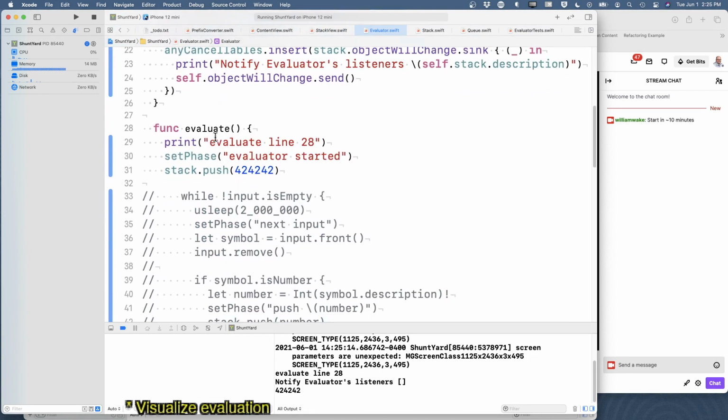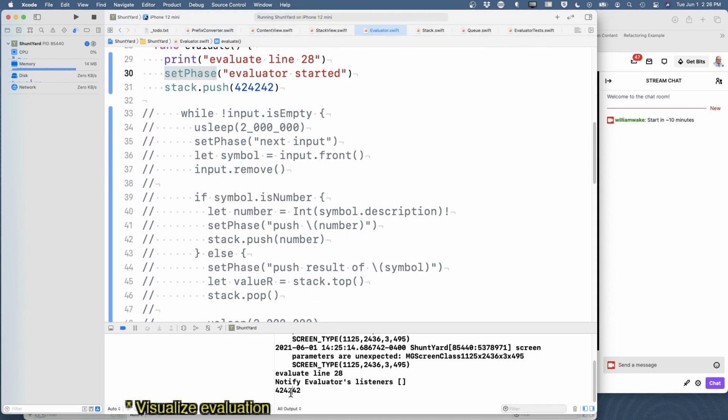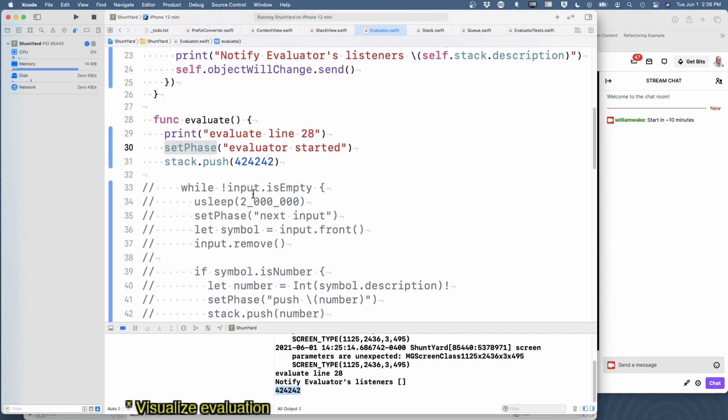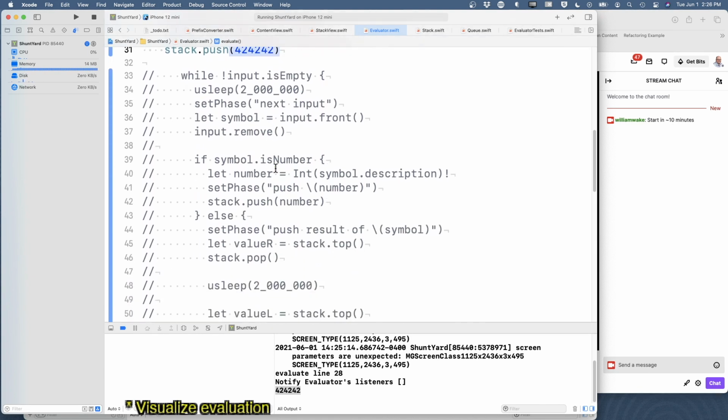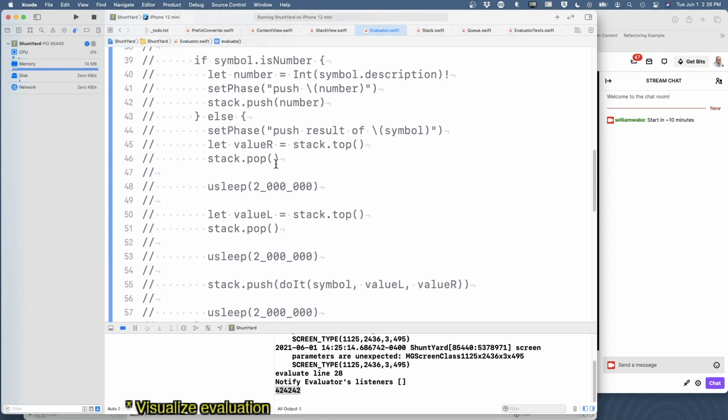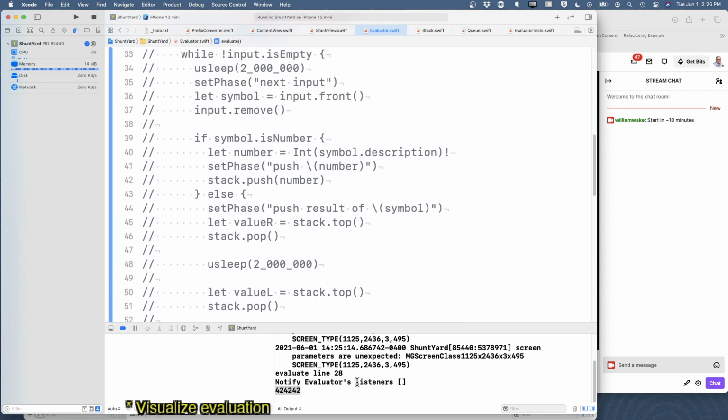So we called evaluate. It printed line 28. We did set phase. And then it's printing the top value of the stack. And we did a push. So the push, that's the notify. It's telling the listener, hey, I'm about to push onto an empty stack. So why are they